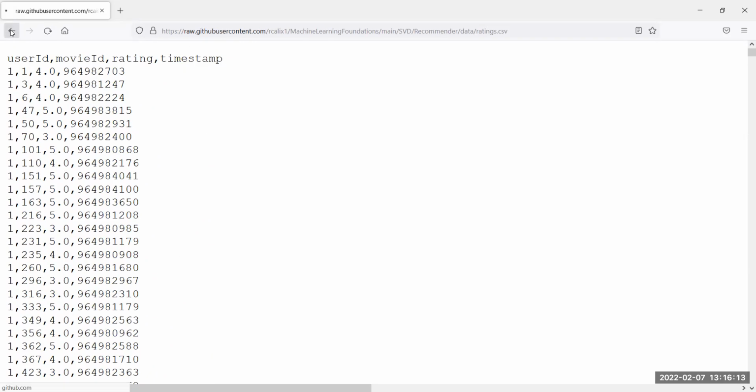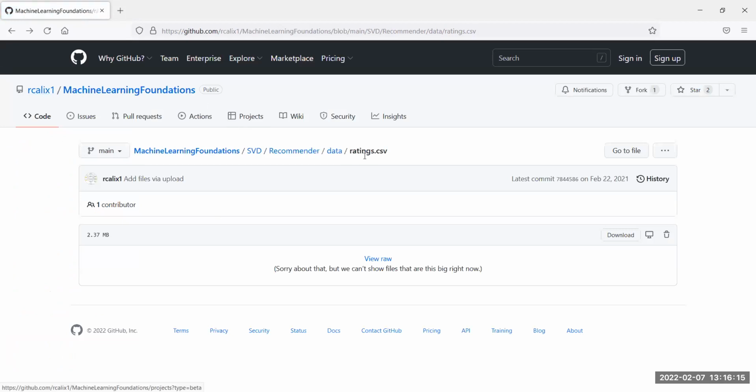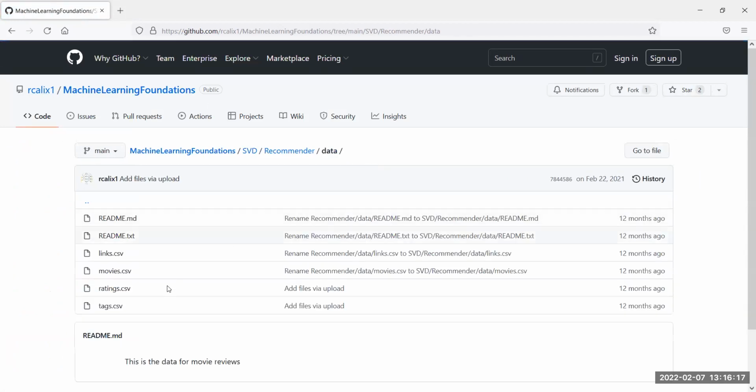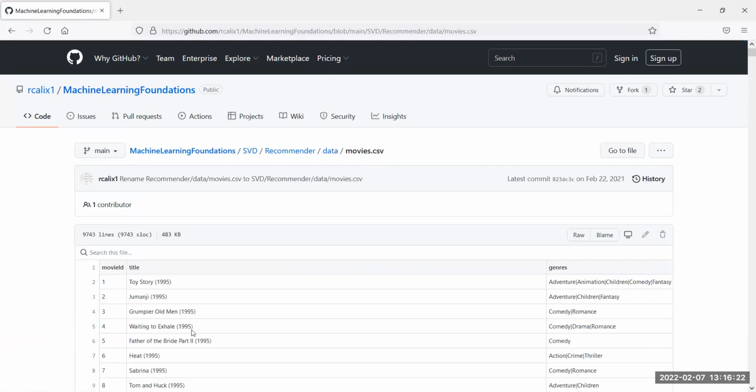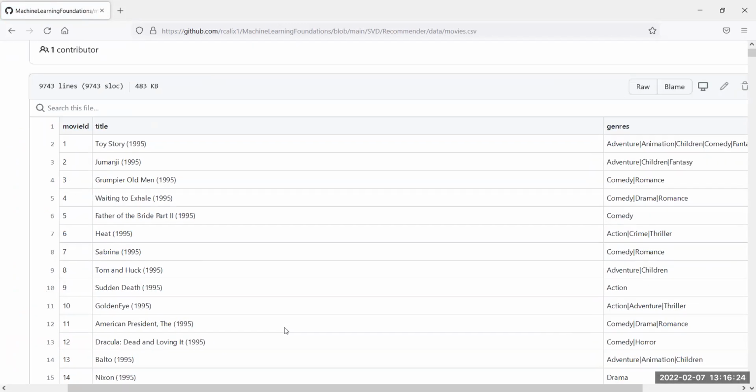Then the other file that we have is movies, of course. So here are some of the movies. We have the movie ID, and then we have the title of the movie and the genre. We already have the genre annotated, but we're also going to infer some of it. At the end of the day, what we want is an automatic way of recommending something.